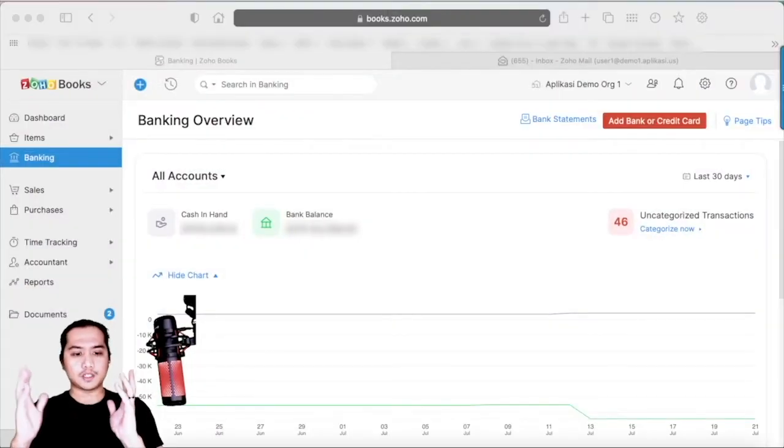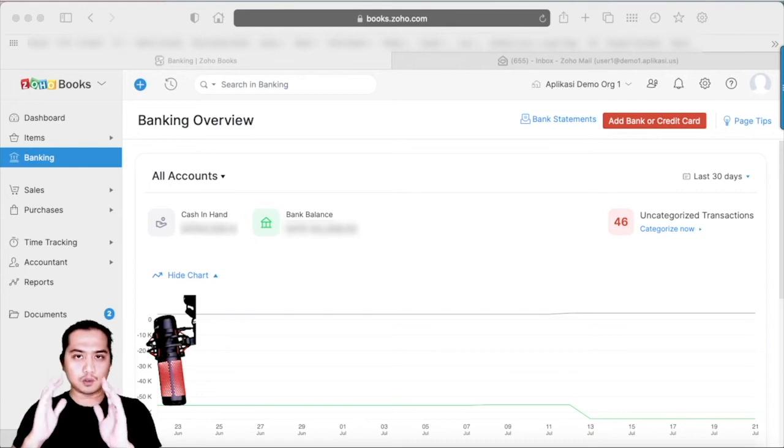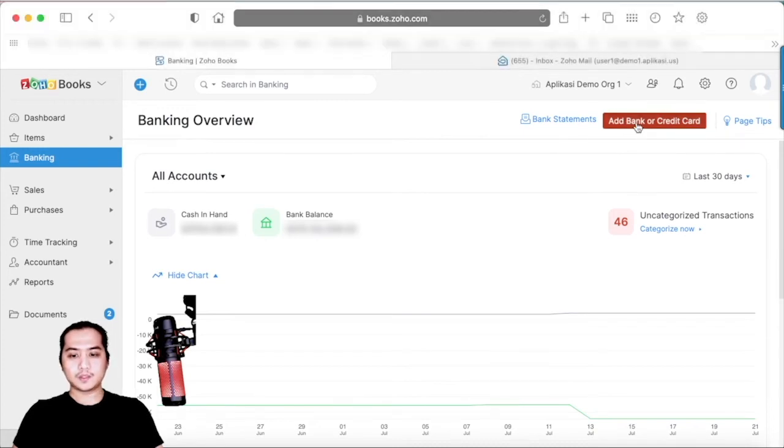So of course, before we start, kita kena login dulu, masuk credentials, go to books.zoho.com. Once kita login, go to the banking module. Right, so dekat atas ni ada button merah ni, add bank or credit card. So we just click here,